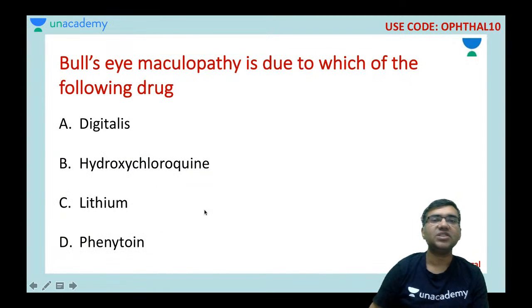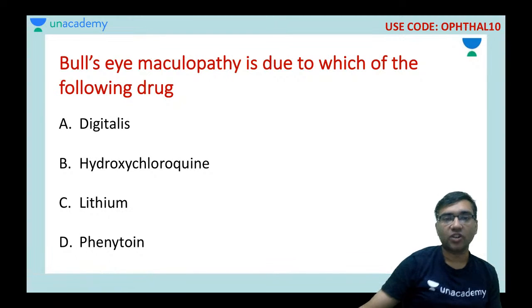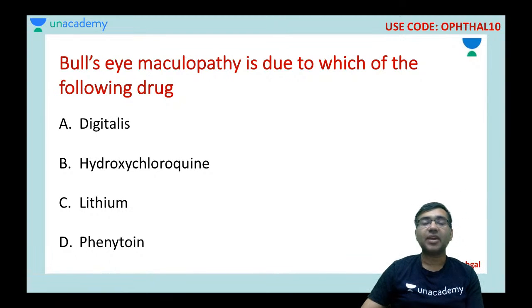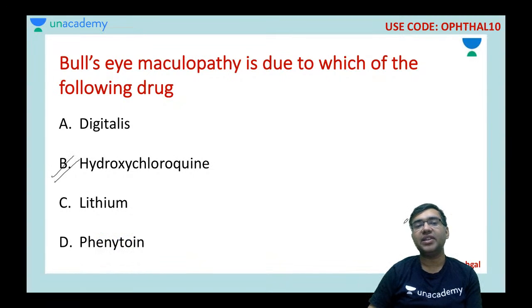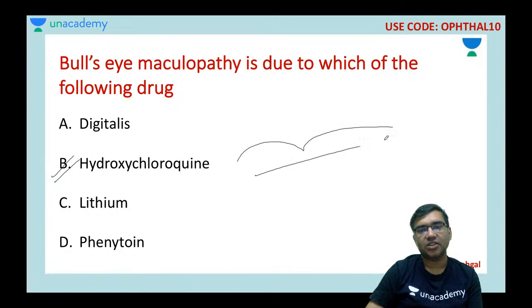Okay, chalo. So the last question of the day is: bullseye maculopathy is due to which of the following drugs? Remember, bullseye maculopathy has been a very important question, and this is a very important consequence of the patient getting chronically treated with hydroxychloroquine. So what happens is that the retinal layers get damaged and usually you get sub-RPE deposits. So this is the retinal pigment epithelium. You can get deposits here in hydroxychloroquine,